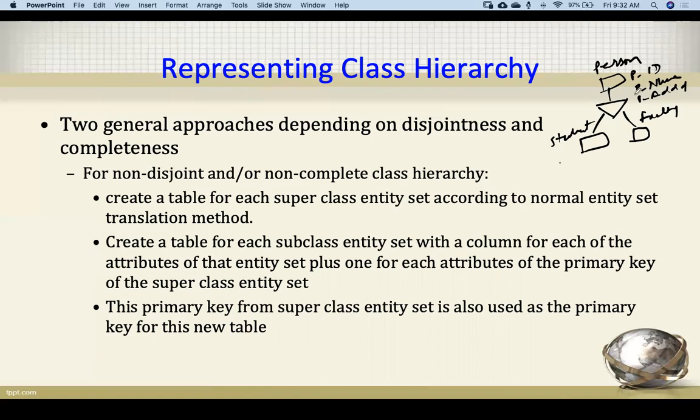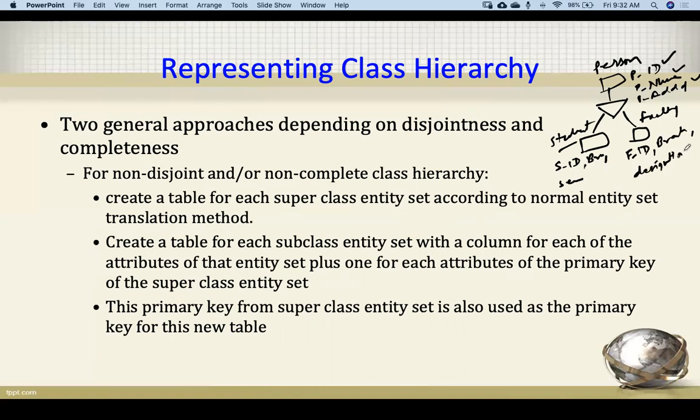Apart from that, a student has student ID, branch, and semester. The student also has an ID, let's say the Aadhaar card or PAN card, and also has name and address. Now, if you talk about faculty, apart from all those attributes, faculty has unique attributes like faculty ID, branch, and maybe the designation.